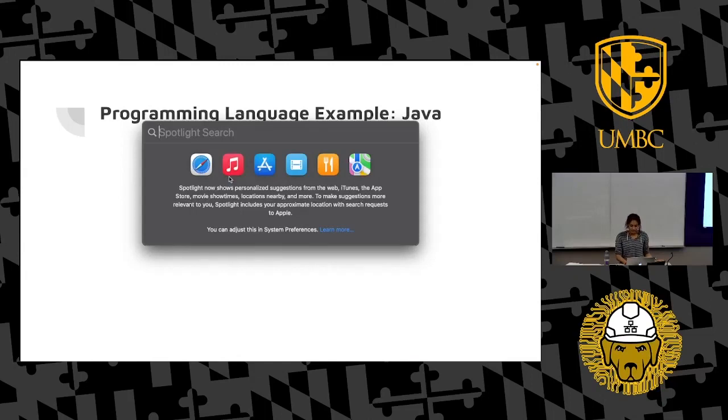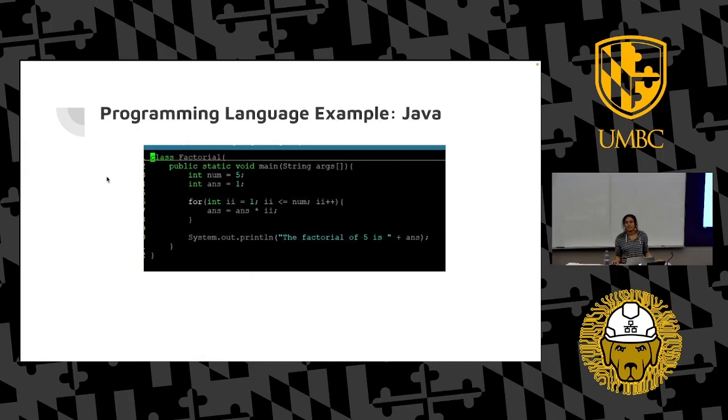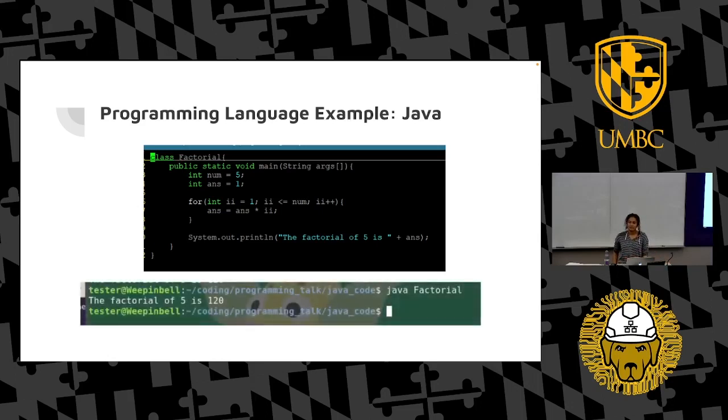So, here is an example of a factorial in Java. You can see the class Factorial, because you don't get a choice in that. And then the function that allows you to loop and calculate the factorial of 5, and you would run it. I also didn't include the compile command, but you would have to compile it and then execute it like that. The main function's right there, public static void main.